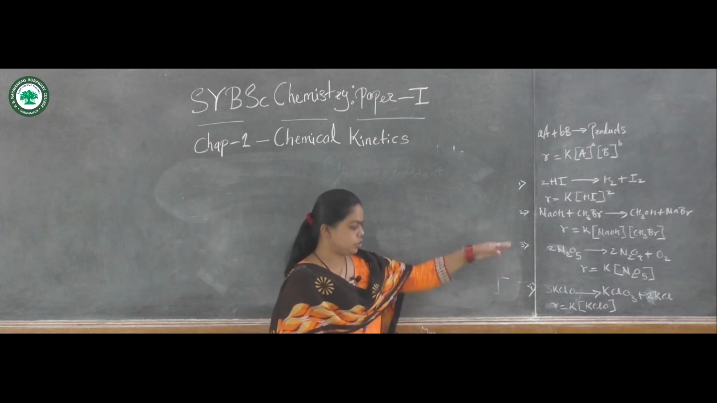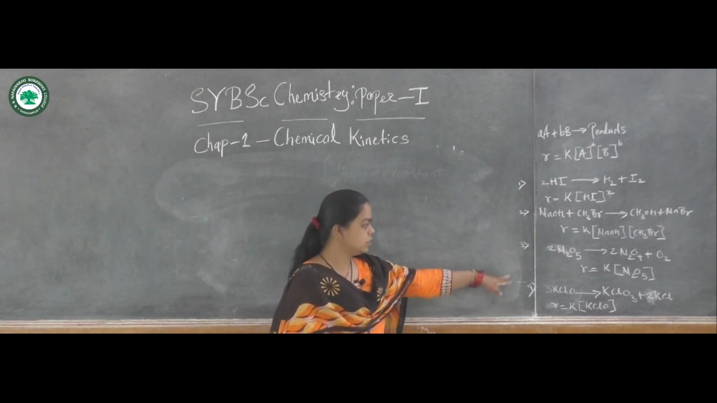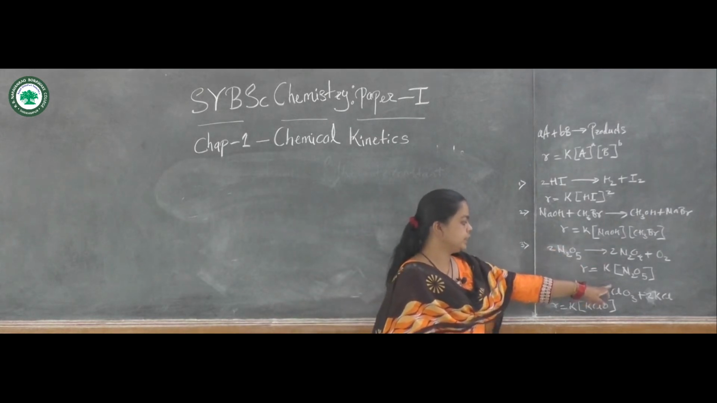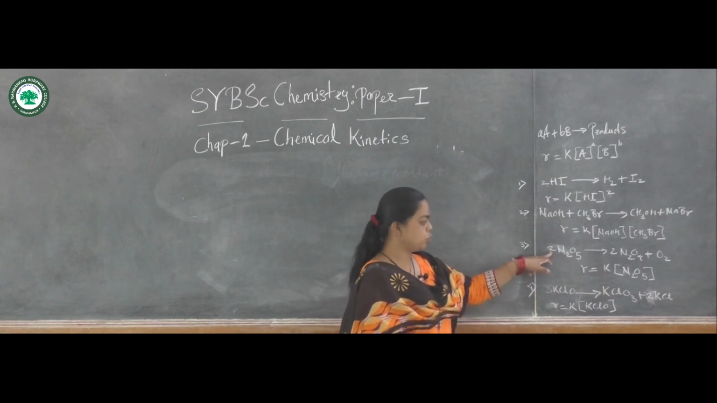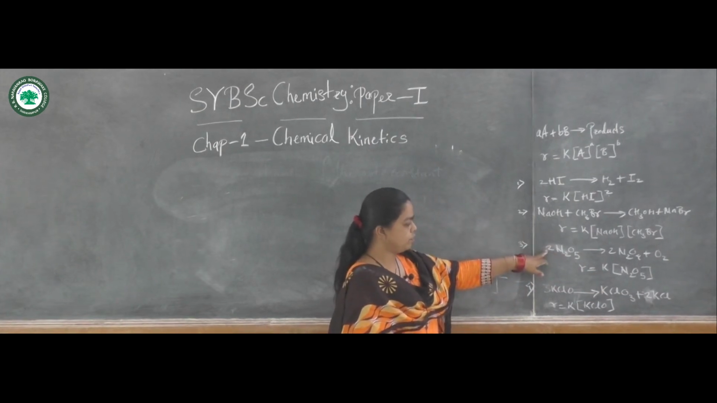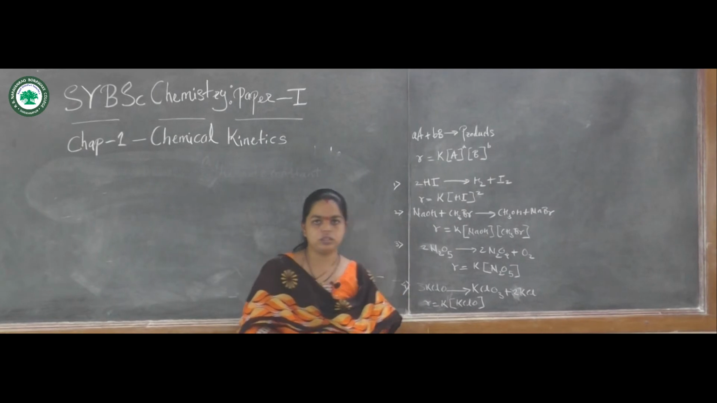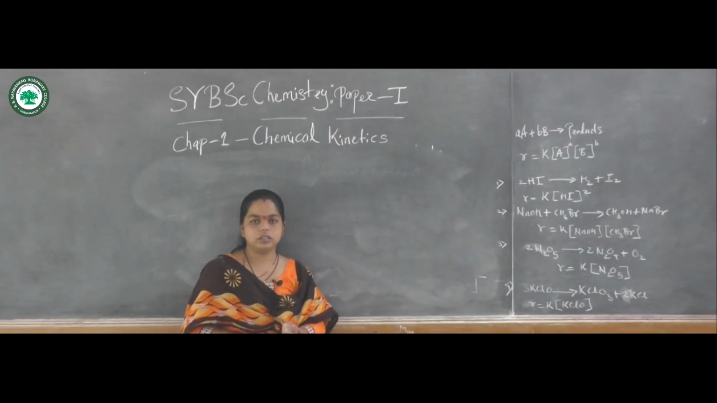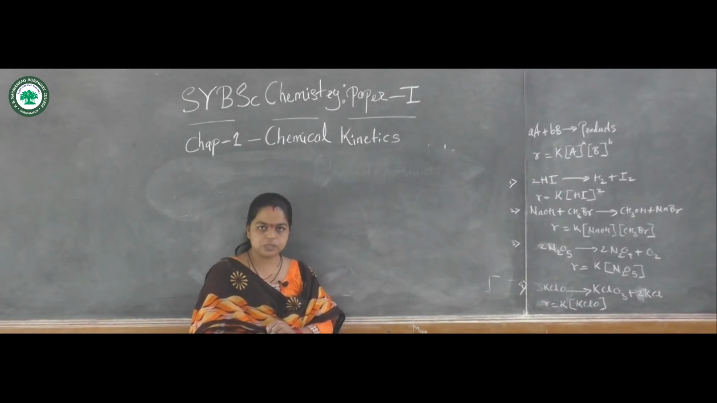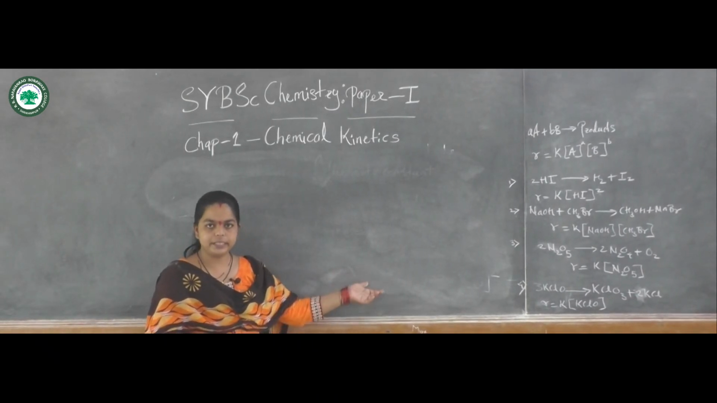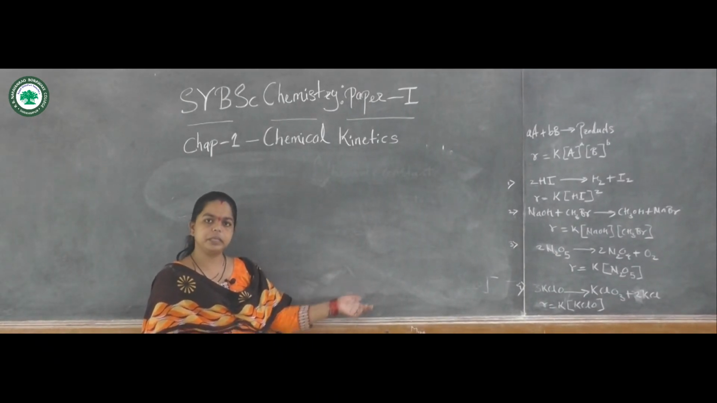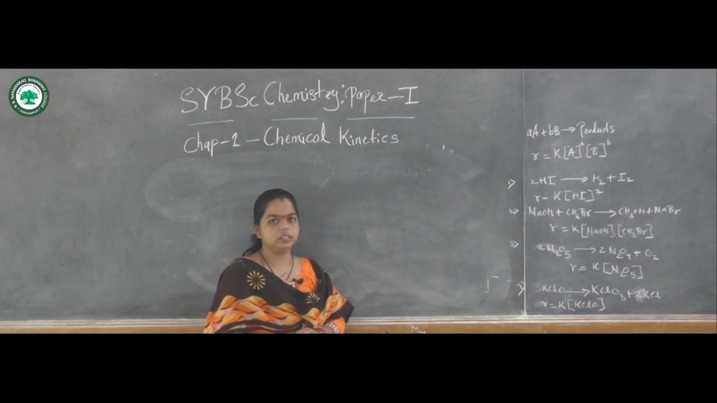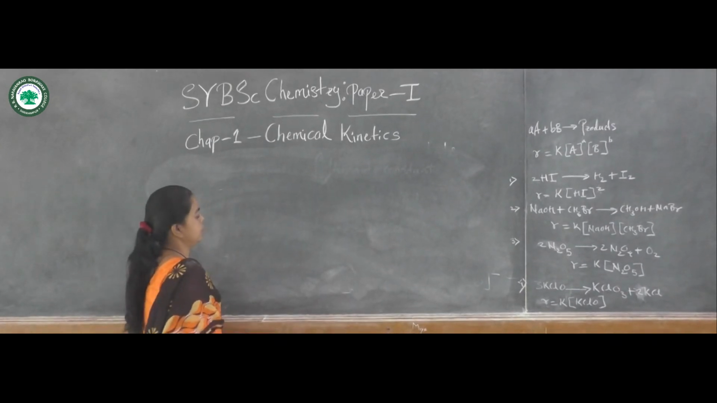Now in this reaction we have already seen that the stoichiometric coefficient goes to the exponent, and this exponent is said to be the order of the reaction. The exponent may be an integer or it may be a half-integer quantity. If we consider one of the reactions,